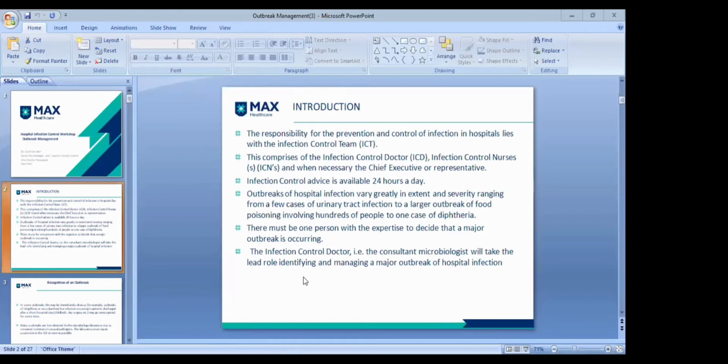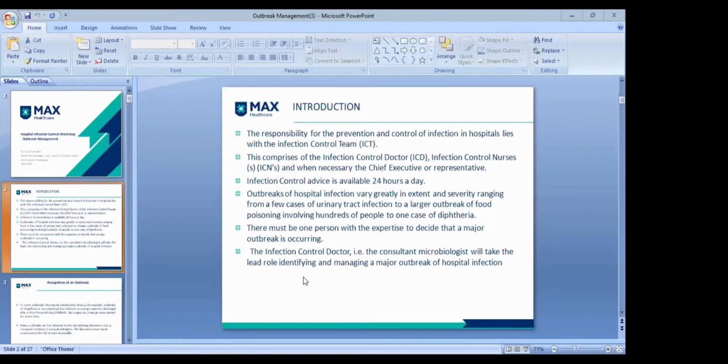So it can be as small as an outbreak of a urinary tract infection. It can be an outbreak of food poisoning in which patients fell ill due to food supplied from the hospital or from outside. Or, in this COVID era, it can be something of a pandemic kind, in which most of the hospital has to become a COVID special area, or COVID wards, or COVID hospitals.